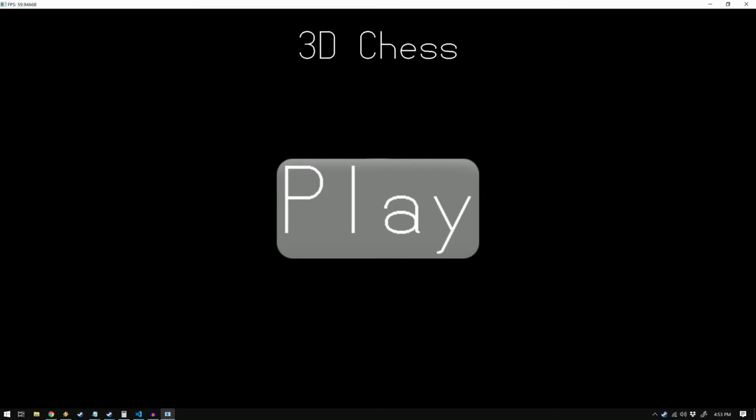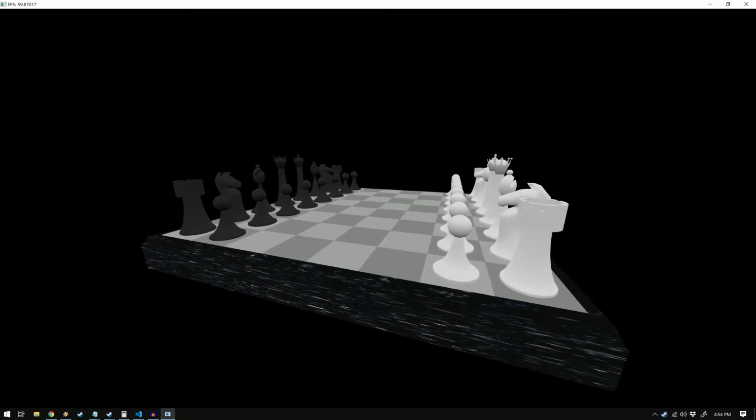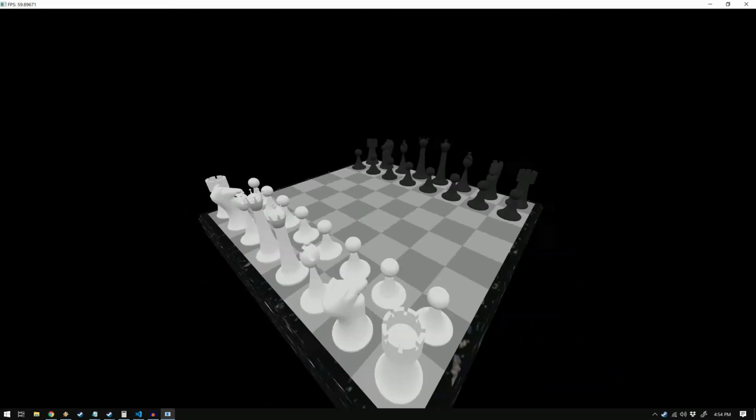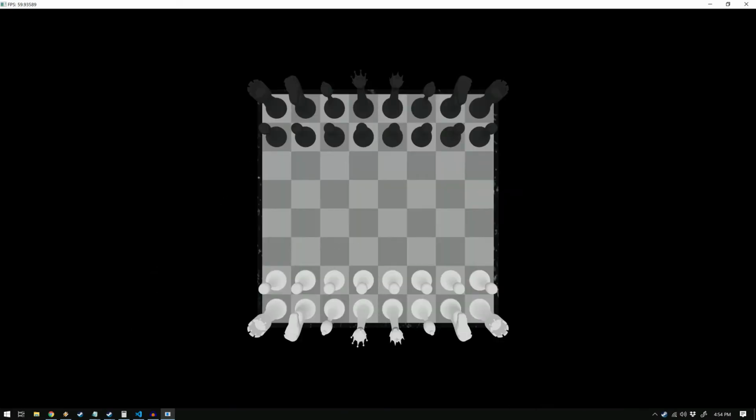This is a little 3D chess game. I'm gonna show you it real quick. It takes a second to load. More importantly, I want to tell you about how it works. So as you can see, it's a little 3D chess game, right? Simple. Can't make illegal moves. It's not very exciting, let's be honest. You do fun stuff. But